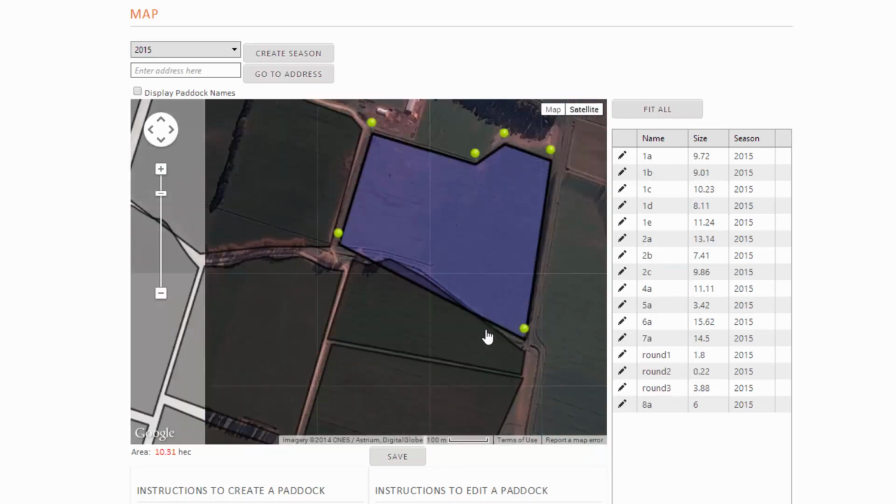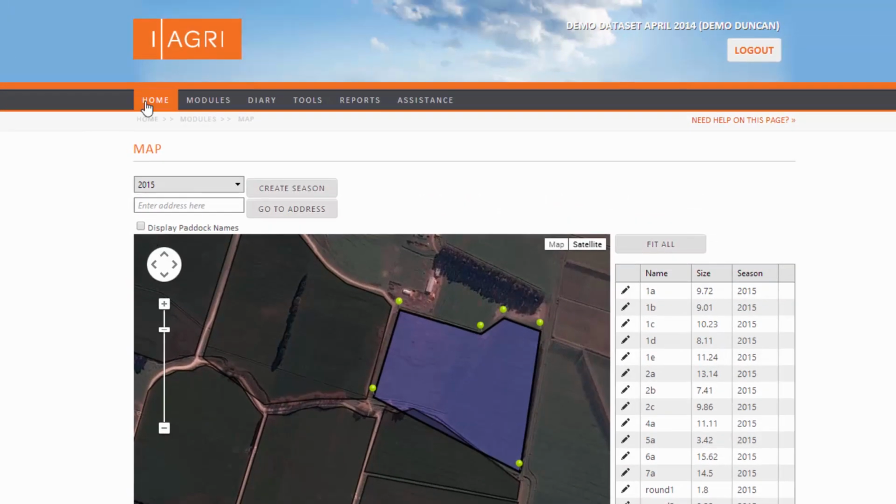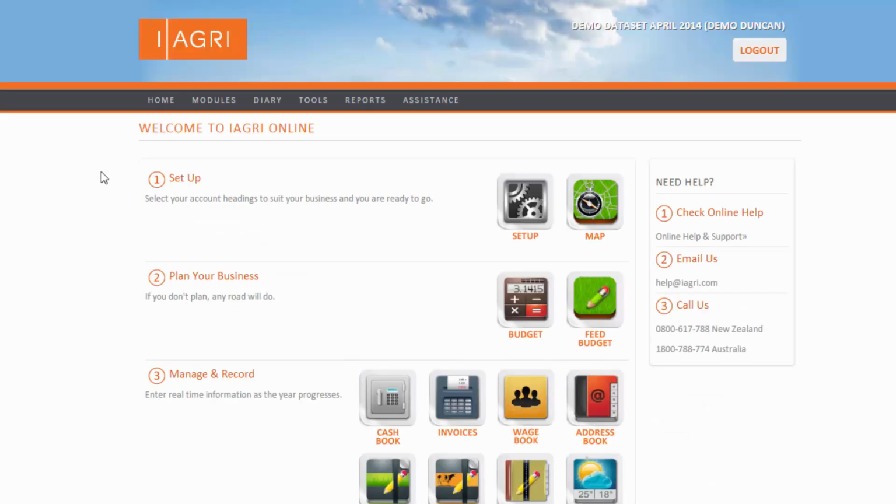and you can zoom in and out depending on how close you want to get, and then you just click save here, and it will add the paddock into the list here. So that's one of the major parts of the program as well, to set it up, is just to draw your map. The next part is to plan your business,